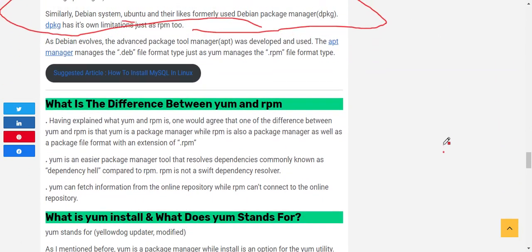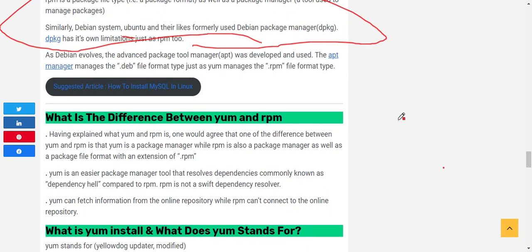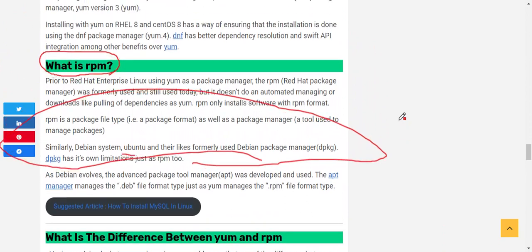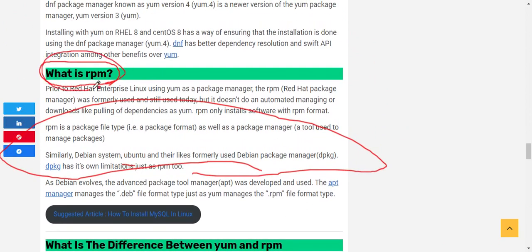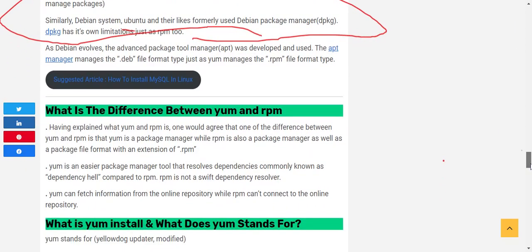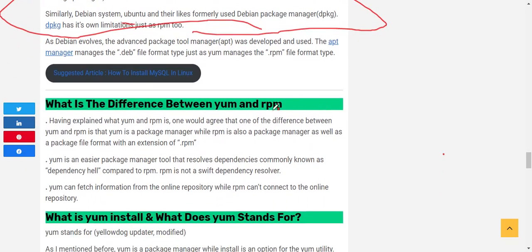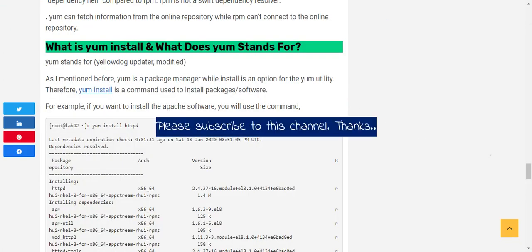So we are concerned about Red Hat because this is the RHCSA 8 course, so we're concerned about the RPM package manager, the Yum package manager, and the DNF package manager, most especially the DNF package manager, which is the recent package manager in Red Hat 8 systems. In the next lesson, we'll look at the examples, we'll look at how to use the DNF and the Yum package